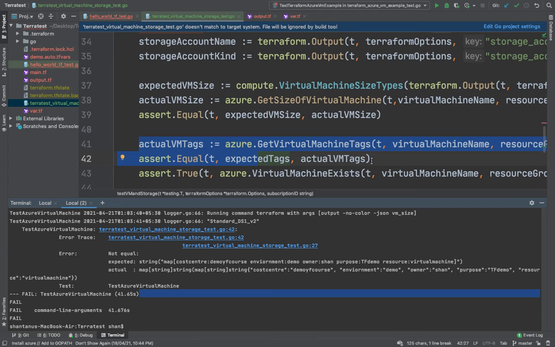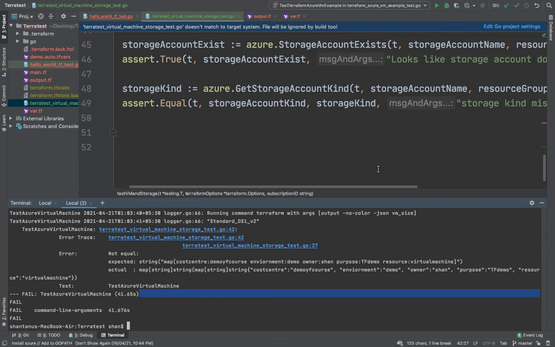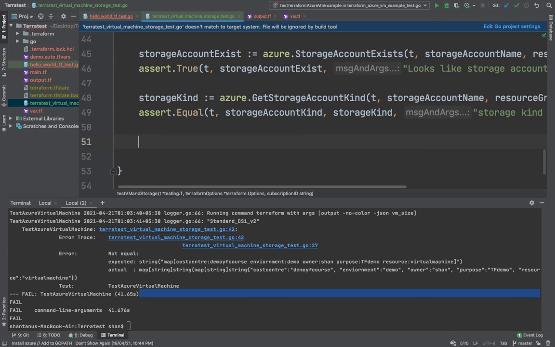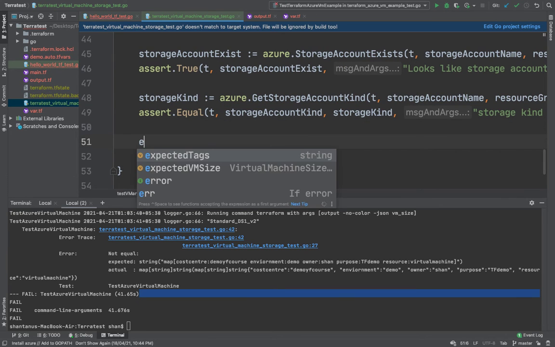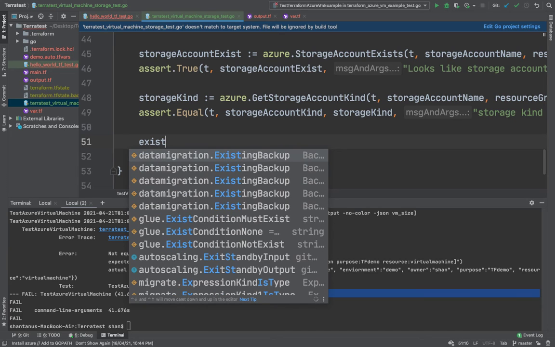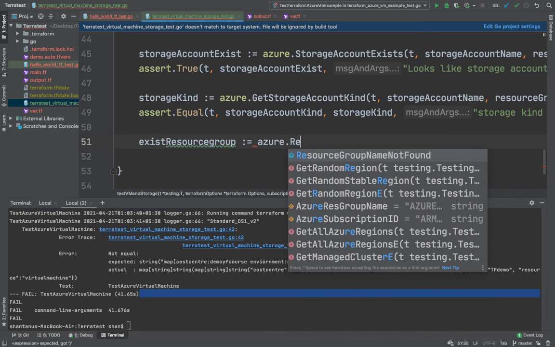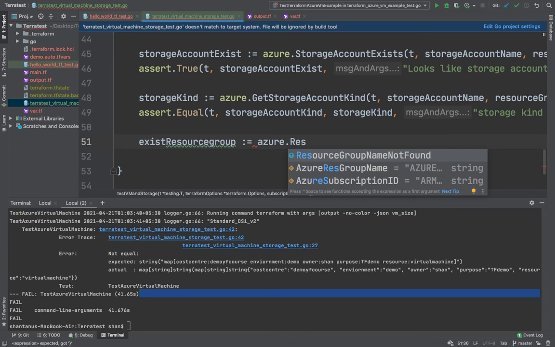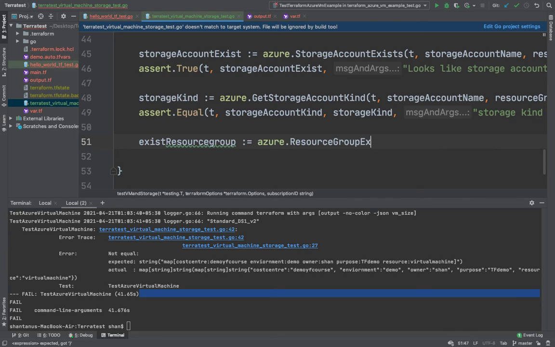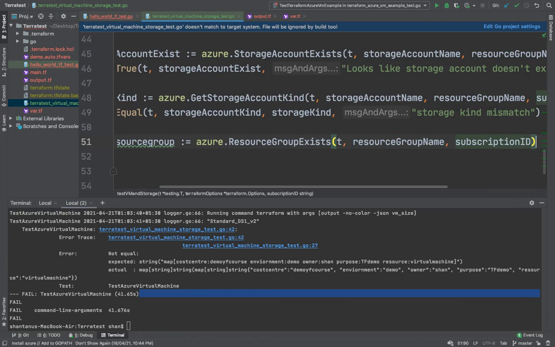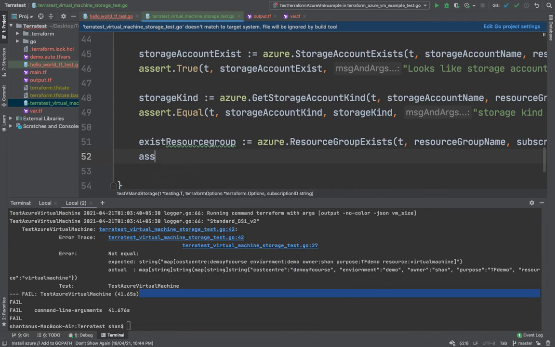Now we could use the resource group also, just like we've covered the virtual machine. So we could use the variable exist resource group, colon equals, and then azure.resource group exist, and then it's going to be t, resource group name, subscription, and then assert.true